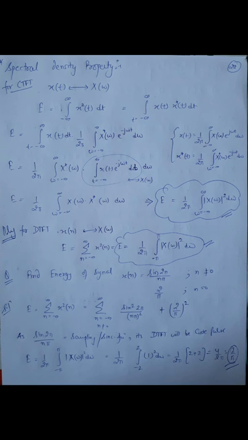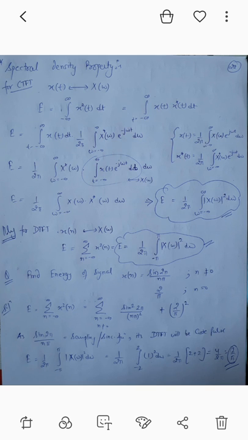As we know, the first term is completely a sinc function and its DTFT will be a gate function. So energy is equal to 1 by 2 pi, integral from minus pi to pi of the magnitude squared of X(omega) d omega, which equals 1 by 2 pi, integral from minus 2 to 2 of 1 square d omega. Okay, so 1 by 2 pi times 2 plus 2, that is equal to 4 by 2 pi, or 2 by pi.